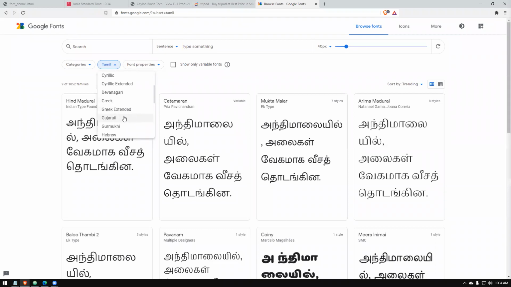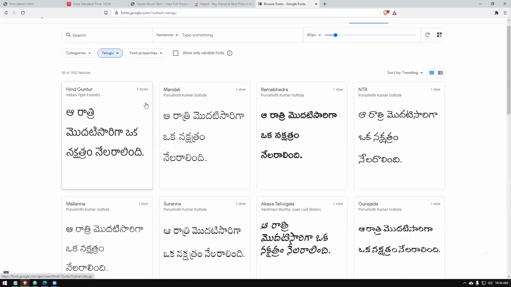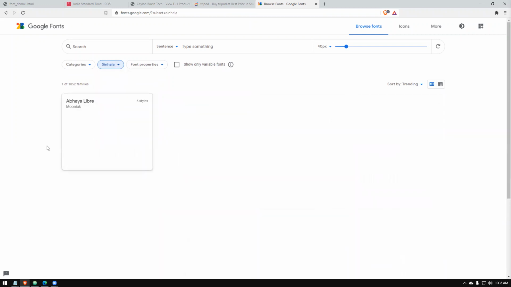So let's go for something like Telugu, right? So this is how the Telugu text comes, more like Sinhala characters. Do we have Sinhala as well? Google Fonts Sinhala still not there, right? Sinhala is there. Wow. So there's one Sinhala font also there, right?